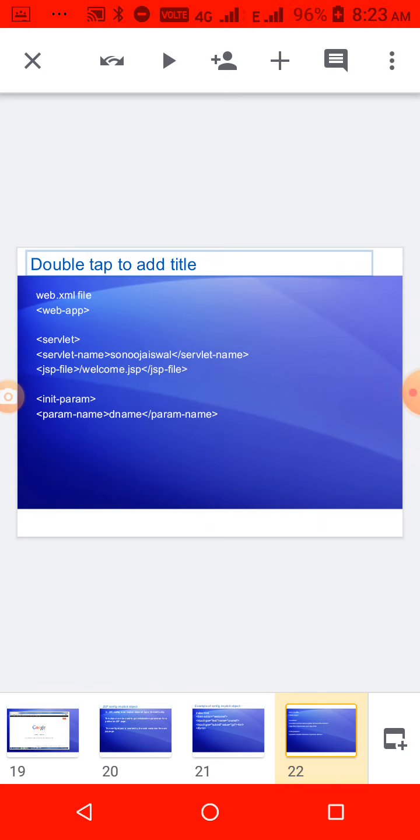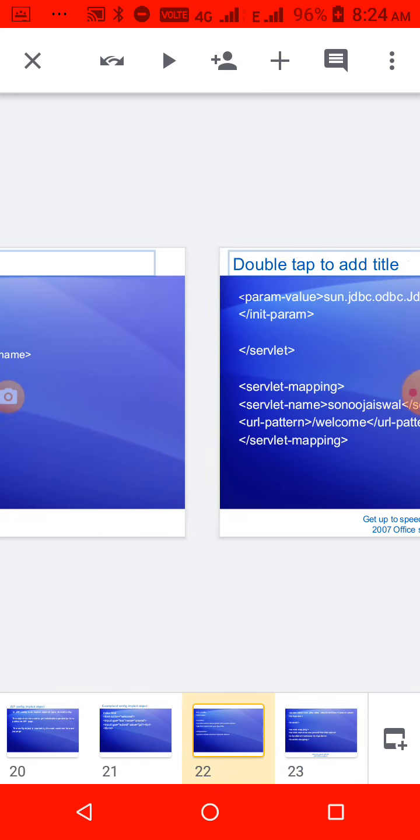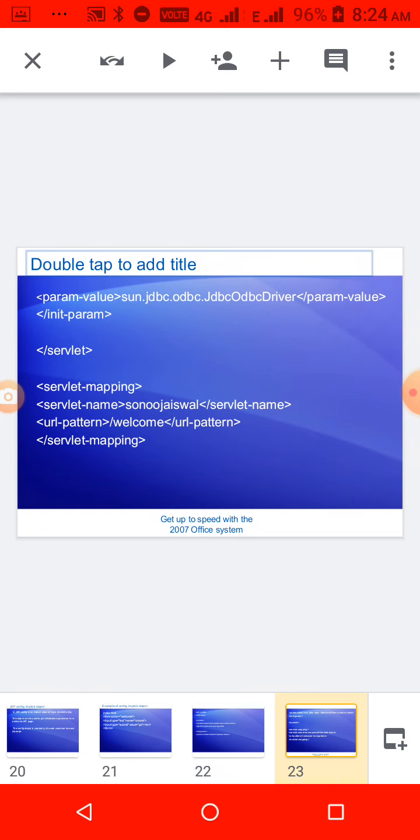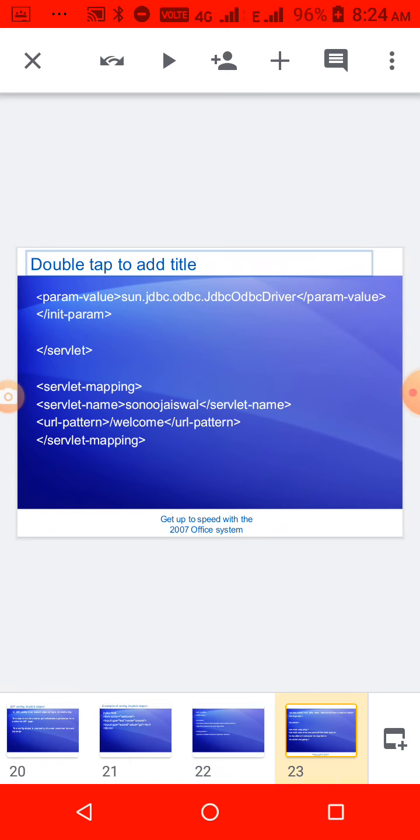Servlet name equal to some name, and then the JSP file we are calling, welcome.jsp, and then param-name equal to dname, and param-value, dname being the variable name, equal to sun.jdbc.odbc, the driver name. Here we are declaring this parameter, and you can get it by using this config object. And then mapping also we have to do.